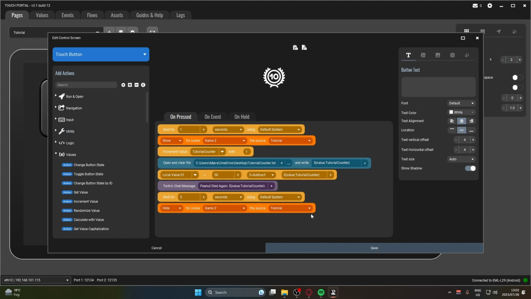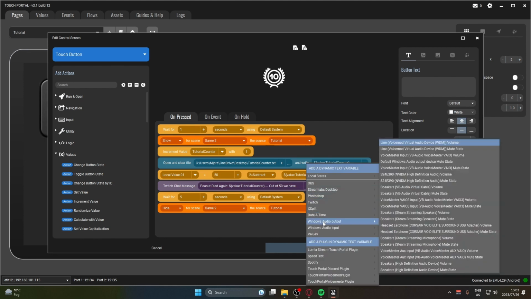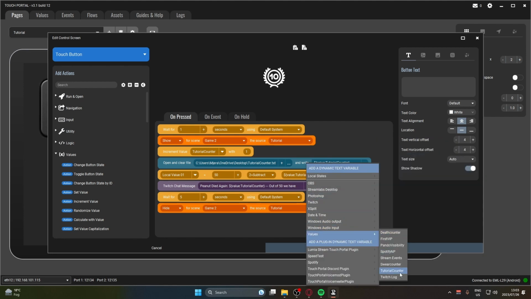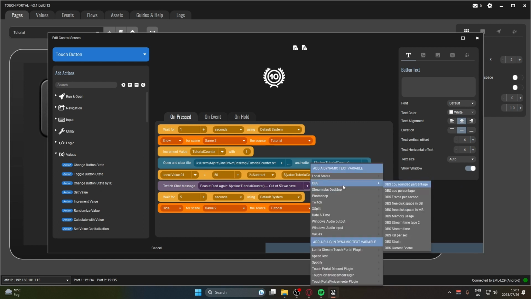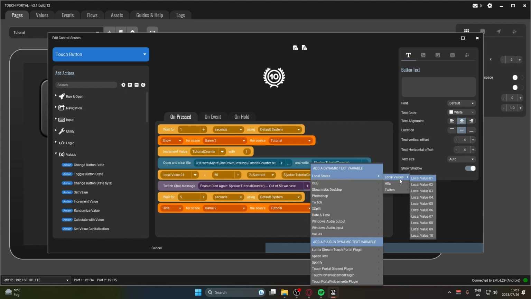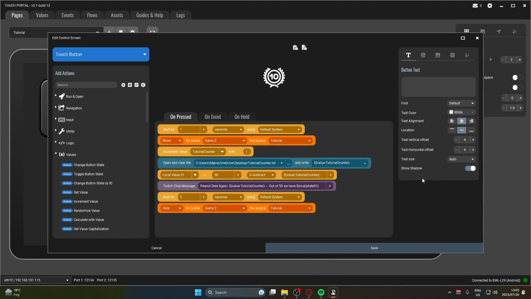So now in the message, I can just add this, and then out of 50, we have, and now I'm just going to click the plus button, values, and I'm going to select local states, local values, local value 1